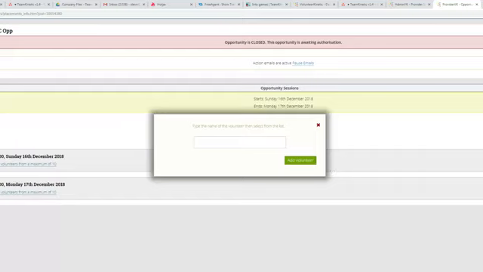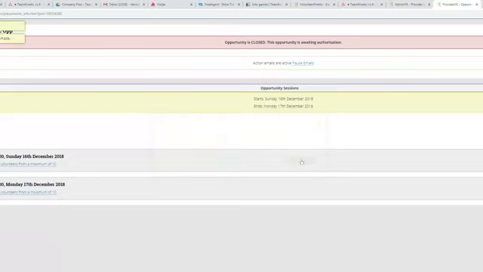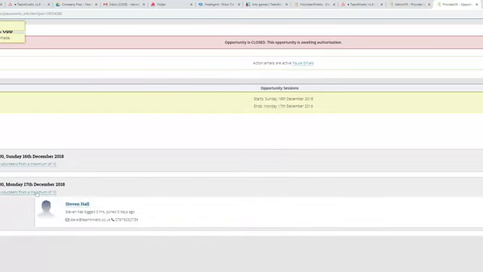Normally, the provider would only be able to add volunteers who have previously been on their opportunities. Because this is a trusted provider, it'll be able to add the details of any volunteer on the system. Okay, that's processed. There we go. Now we have a volunteer who's never volunteered for this provider before on the system.